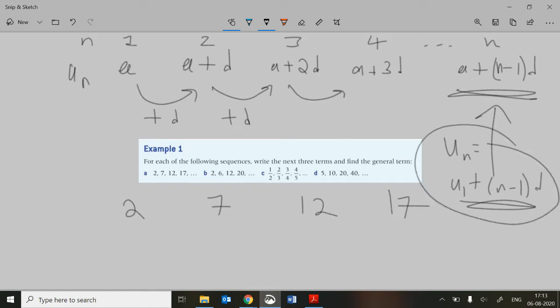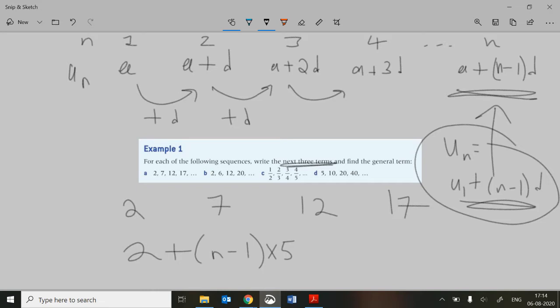So there's a sort of general formula for the first one. What I would do for this first one, next three terms are dead simple, just keep adding 5, of course. But then I would use this thing here. So I would say U1 is 2, then plus N minus 1. We don't know what N is, so we're finding the general term, so N is involved, so it's for any term, and then I'm going to put D in, D is equal to 5, I'm going to put times by 5 at the end there,